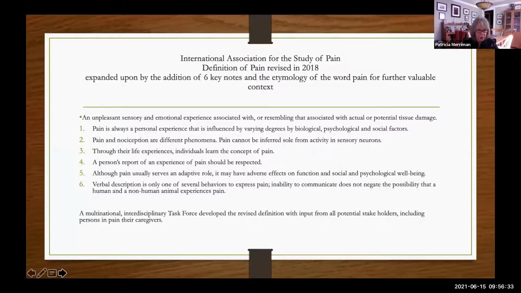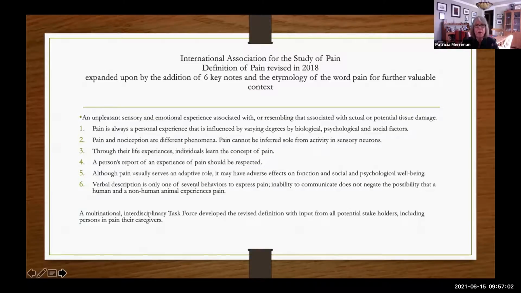It is much more than just any tissue damage that's been done. And this perception of pain develops as we grow from the time we're children and learn that pain is scary and horrible from parents, or sometimes we learn that it's not a big deal, just rub it off and get going again. The meaning of the pain to the patient makes a significant difference in how the pain feels, not just how they feel.